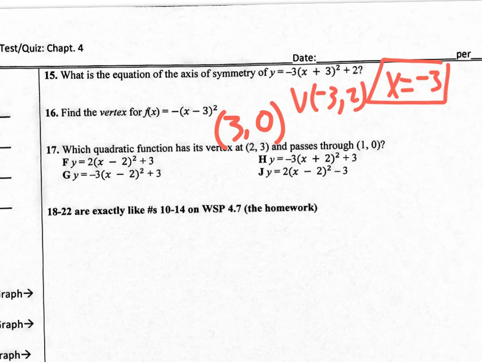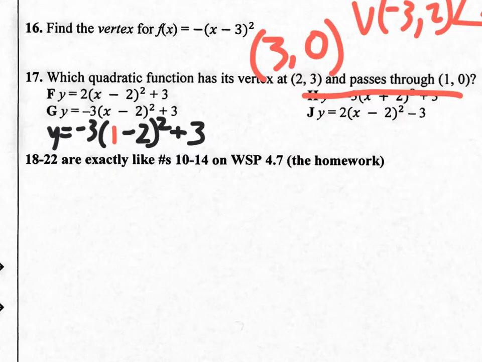Number 17, which quadratic function has its vertex 2, 3 and passes through 1, 0? So if it's 2, 3, that means that you're going to see it as negative 2. So it could be this one, could be that one, can't be h, so we're going to just cross that out. Okay, and it passes through 1, 0. All you have to do is plug in 1 for x and 0 for y and see if it works. And if I do focus in on G, and I plug in my 1 for x and my 0 for y, 0 over here, so there's really a 0 for y, you will see that that's the only one